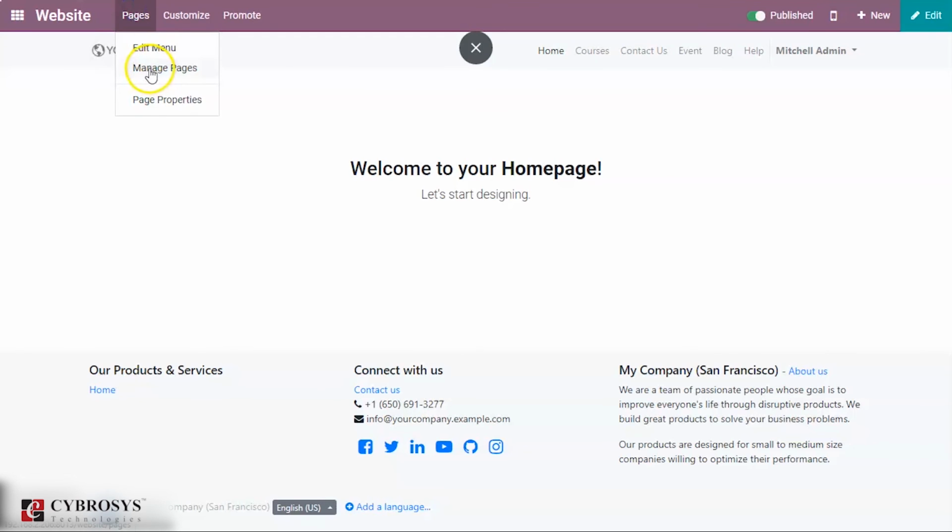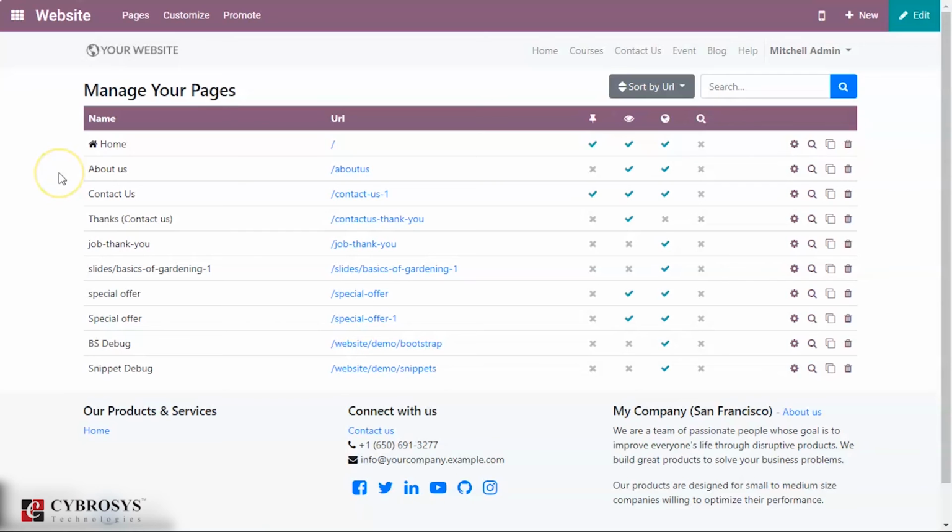Then under pages, there is another thing, that is manage pages. If you click that, you can see the existing pages and the URL of each page. Then whether the page is published or not. Then is the page indexed by search engine? Is the page SEO optimized? That is search engine optimization. And you can also delete the existing page, clone this page, optimize, same thing. Then you can make some settings, that is, you can configure each page.